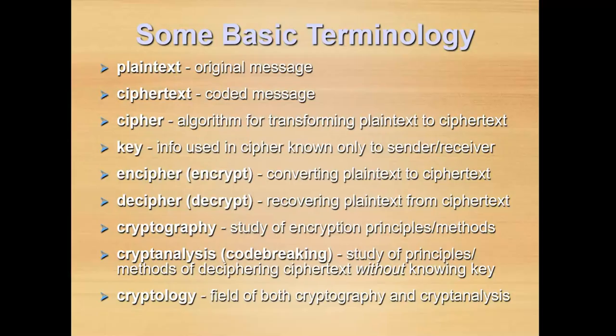terminology. Here we are using the term plain text, that is the original message which is to be encrypted, and cipher text is a scrambled or coded message, and cipher is the algorithm used for transforming this plain text to cipher text, and key is the one used in the cipher that will be known only to the sender and the receiver. Encryption is also known as enciphering, and decryption is also known as deciphering. The study of encryption principles and methods is known as cryptography, and the study of principles for deciphering the cipher text without knowing the key